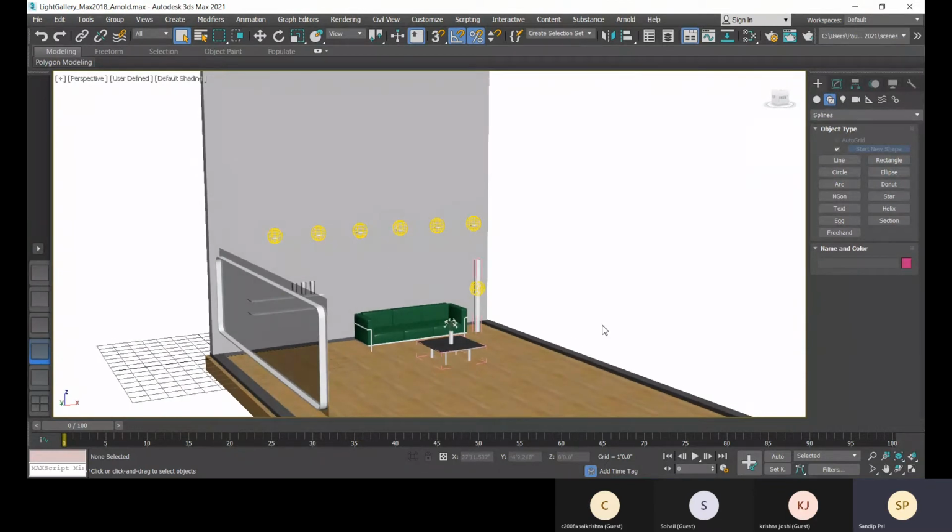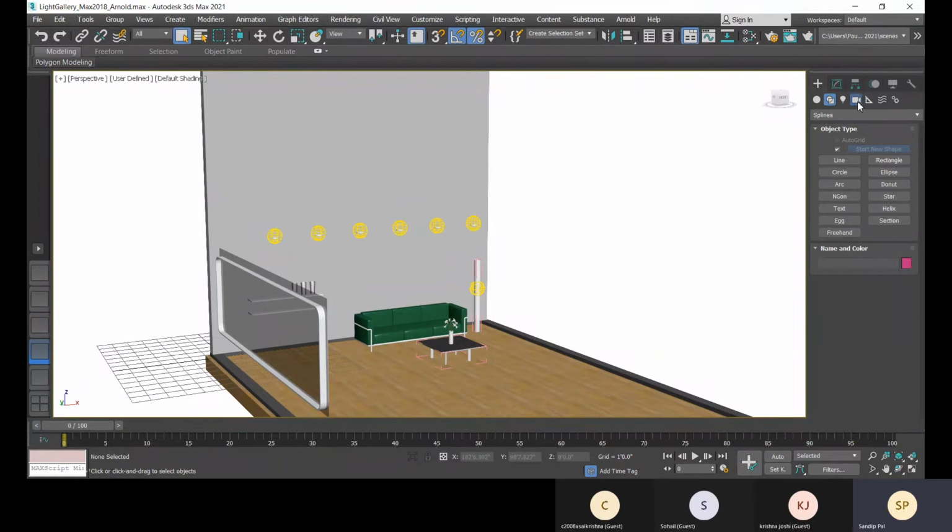Now see, there are two types of camera: one is target and one is free. Target means it will focus only on the target object that we set, and a free camera only focuses in a particular direction, not on any particular target object.